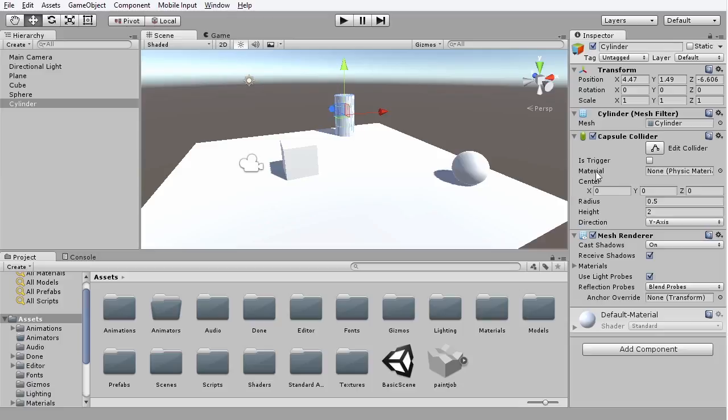Now Unity uses a component-based system, which means that every single object in the scene, the cylinder, the cube, the sphere, and the plane, they are all made up from components. On selecting the cylinder, you can see here in the inspector that we have the name listed. So right now we have cylinder. I could of course click here and change this to, for example, enemy. If this was an enemy character, it also changes here in the hierarchy panel,